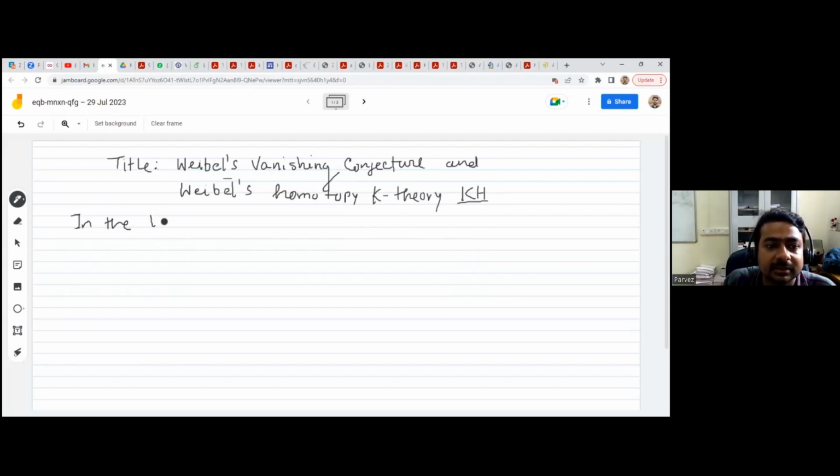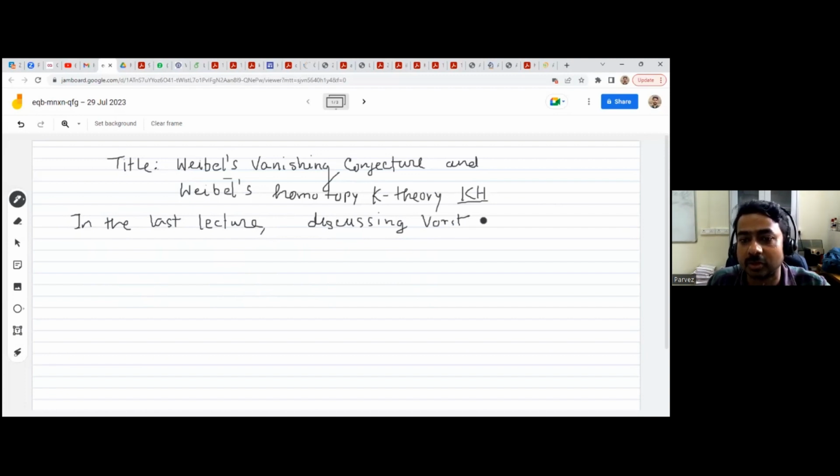In the last lecture I was discussing mainly the Hörst conjecture, which in full generality is still open, but there are many results; people are working on it. We mostly focused on the CDH technique,